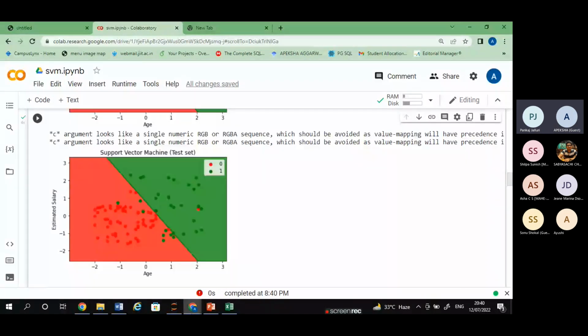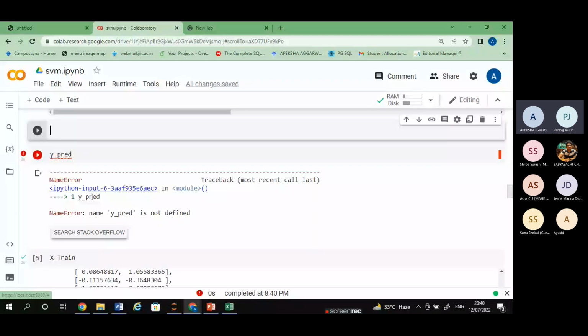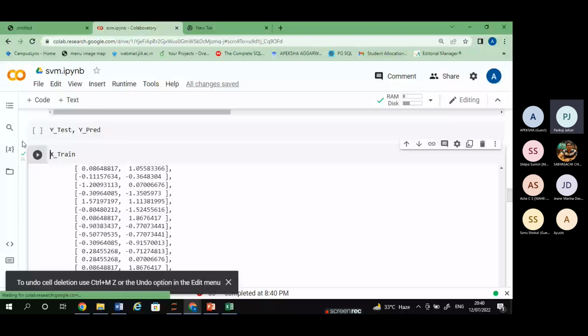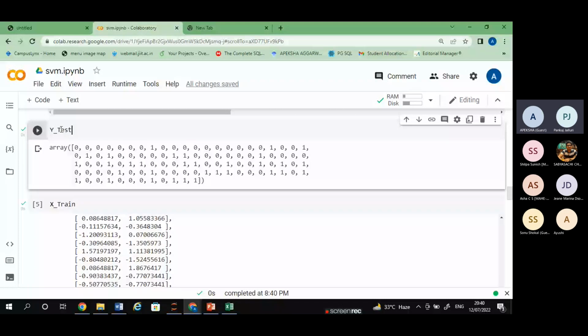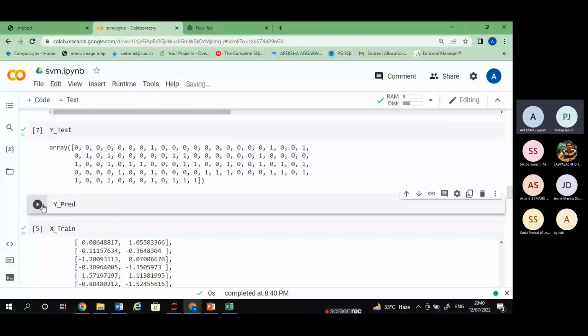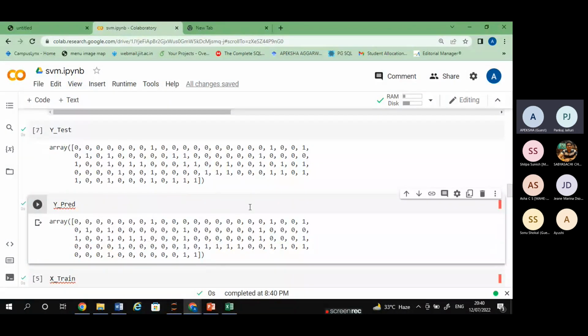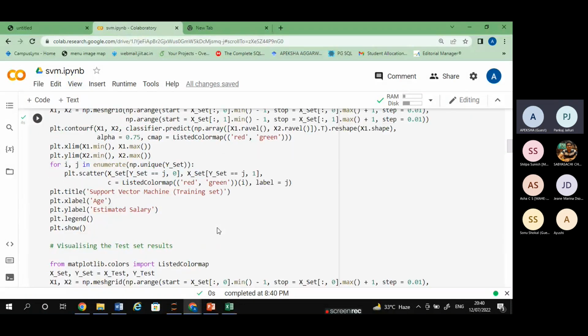You can see, this is the test values, okay, and this is the predicted values. Okay, so the difference between these two is plotted as what you'll call the